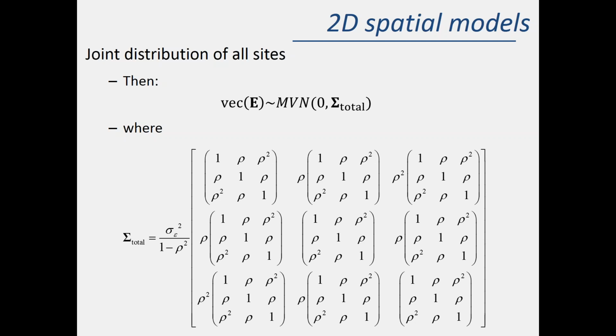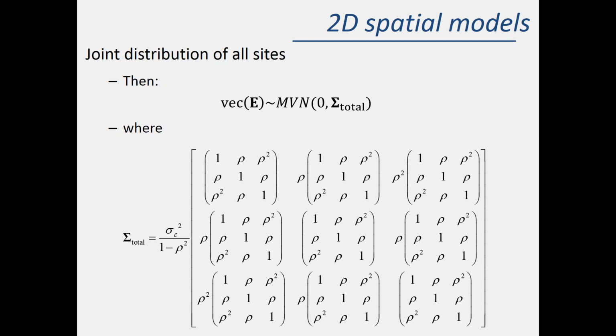So without really trying to derive it, the claim that I'll make is that epsilon is a matrix, and if you want to take that matrix and compress it to a vector, the math notation for that is this operator vec that just takes something and vectorizes it. So the left-hand side, vec E, is a vector of length 9, and you might wonder what's the joint probability of this whole vector of length 9,